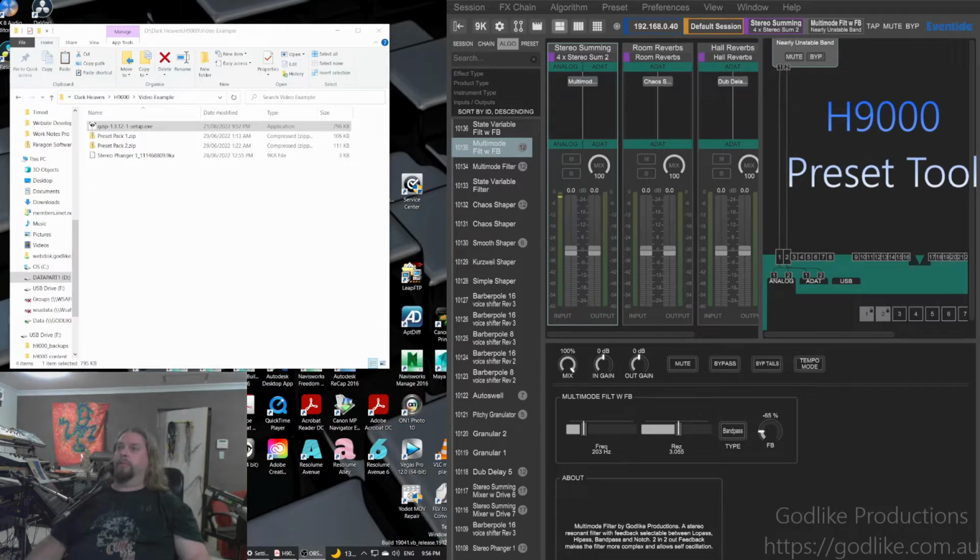I'm just going to quickly run through how to use the H9000 Preset Tool. I've had a few questions about this. So the first thing that we need to do, if you haven't installed the tool as yet, I'll take you through the whole process. The first thing you need to do is install